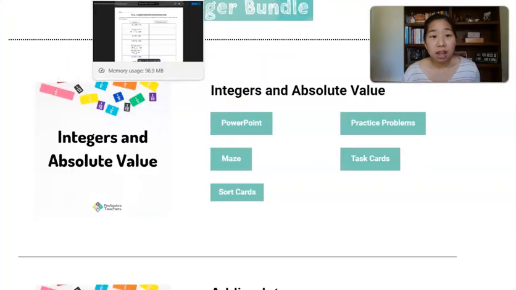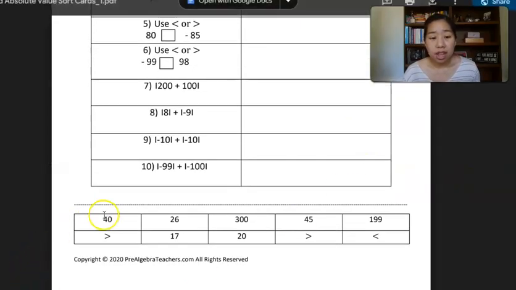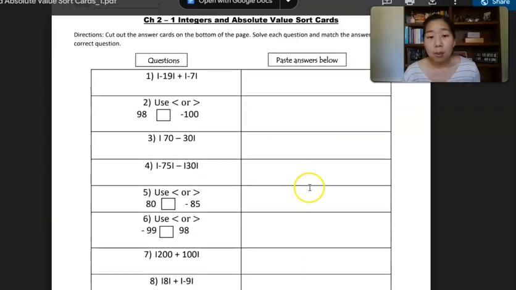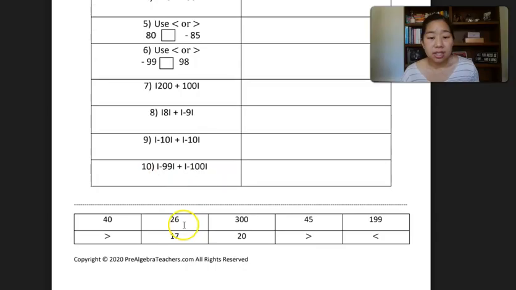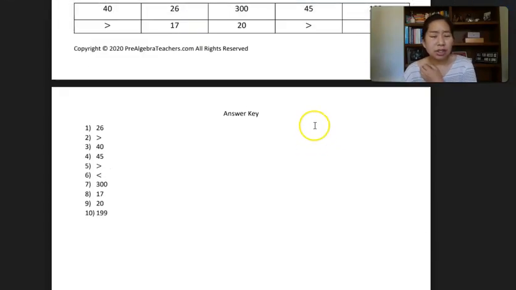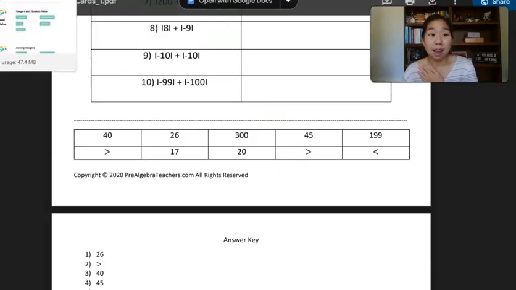Next, I also love using these sort card activities. So what students will do is they will cut out these answers on the bottom and then paste them with its corresponding question. So here it's the absolute value of negative 19 plus the absolute value of negative 7, which is going to be 26. So do I see 26 here? Yes. So I'm going to take this 26 and paste it here. And of course, there's an answer key for all of these resources for you